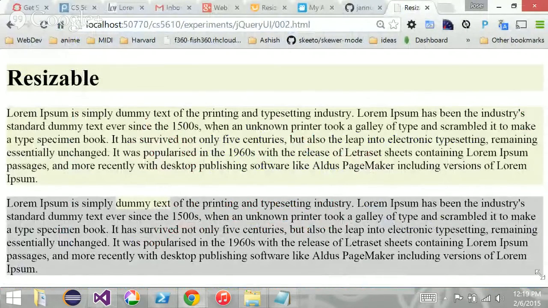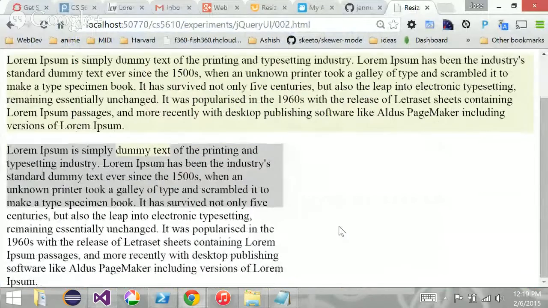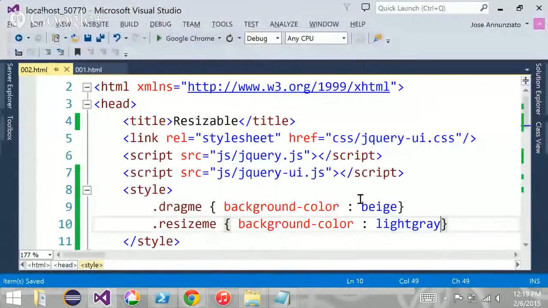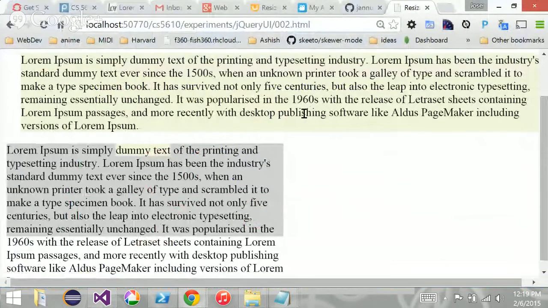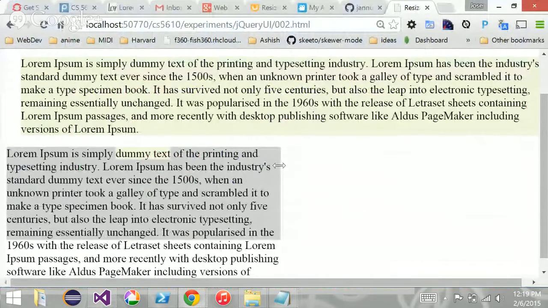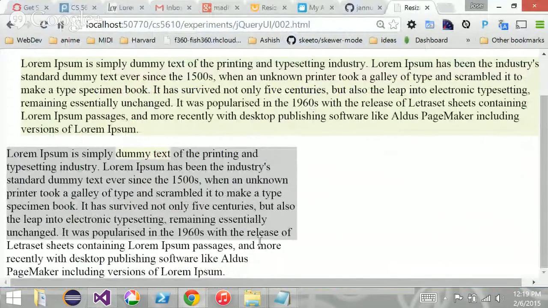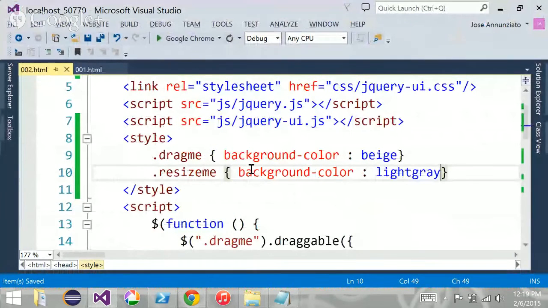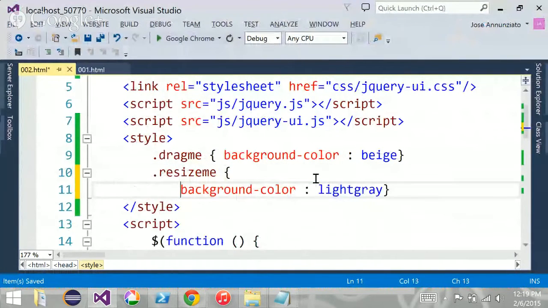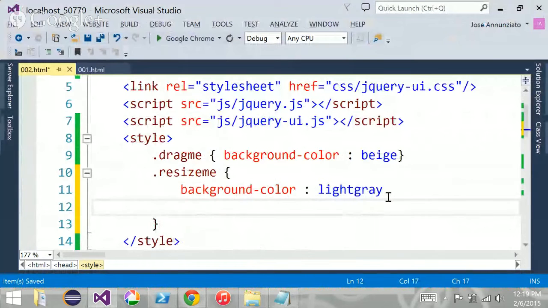So I can grab it here. I can resize it. Notice that it's spilling over. My paragraph is not big enough. We can change that. But one of the things, notice that the dragging has a grid, but the resizing does not. We can turn on grid for that as well. Notice that it's spilling over. We can change that by saying that the resize me, if it has resize me, we can say that